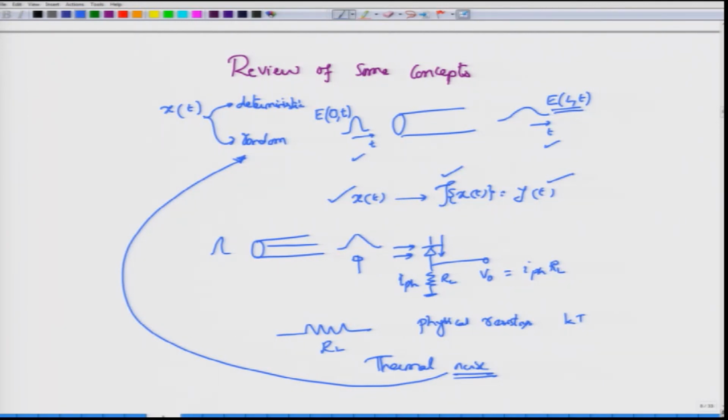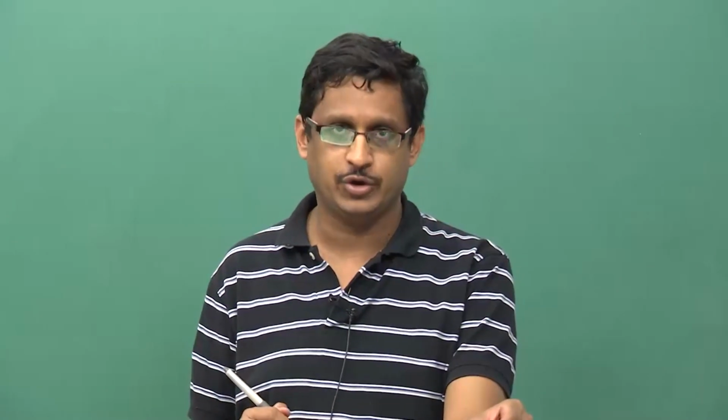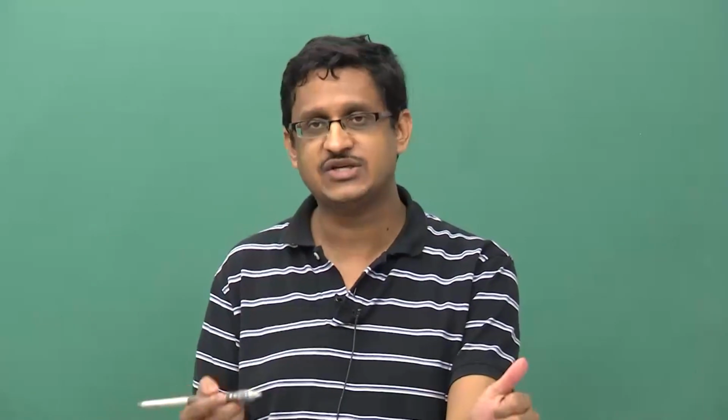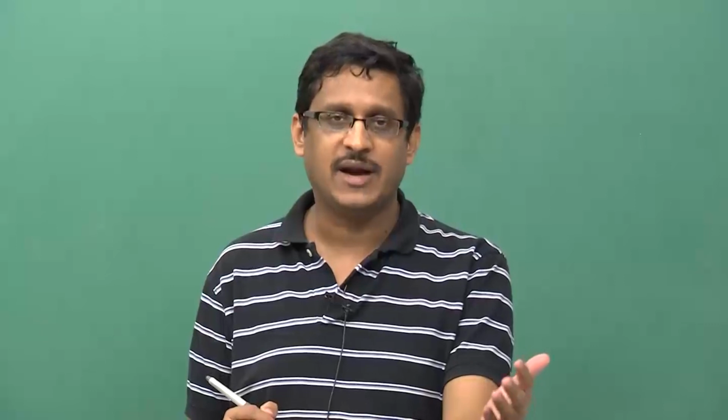if I were to measure this thermal noise across a resistor with an ideal voltmeter or whatever meter I am using, and if I have no other uncertainties in this measurement scheme, that is, I have fixed the measurement correctly and the voltmeter is working correctly, the value that the voltmeter will actually show is not predictable. That is, if I look at the value, I know what the value is, but beforehand I cannot say with 100% certainty that this will be the amplitude of the voltage that you are going to measure, and I cannot do this.